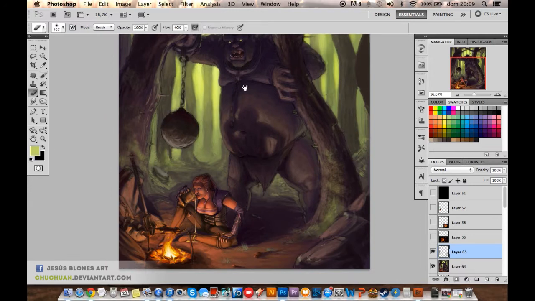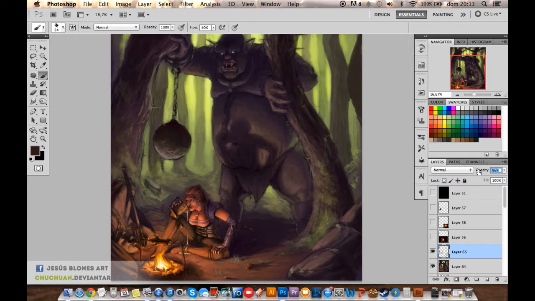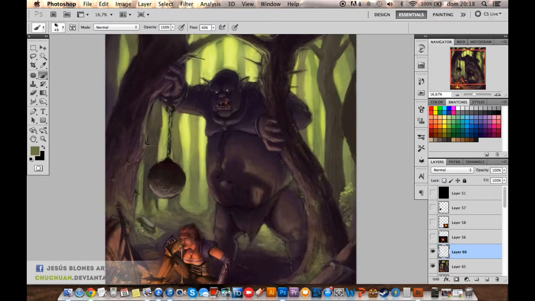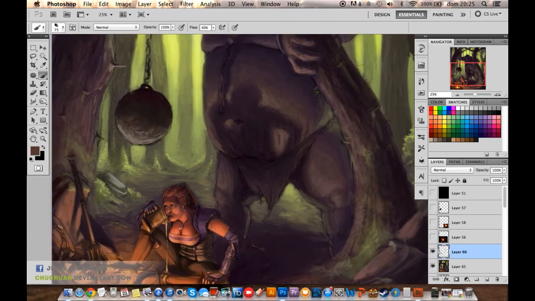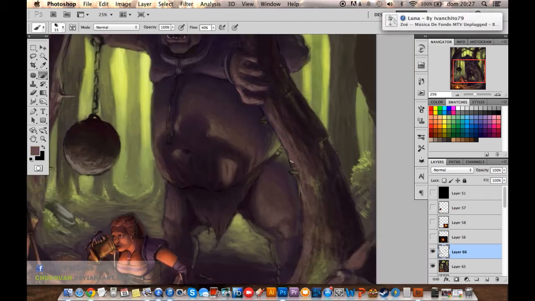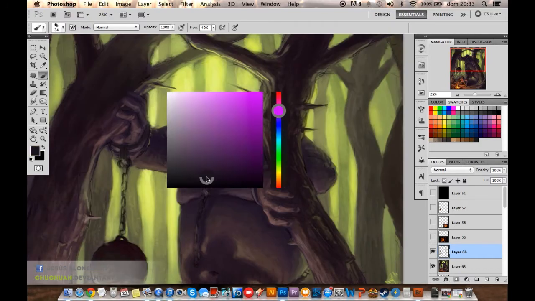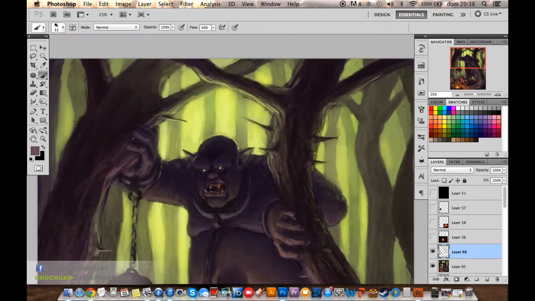Because if you create, I don't know, a really centered composition for your illustration, you need all the elements around the focal point to kind of arrow to the face, to the focal point, because you want the eye of the viewer to go directly to the focal point. So get help from the other stuff in your illustration.